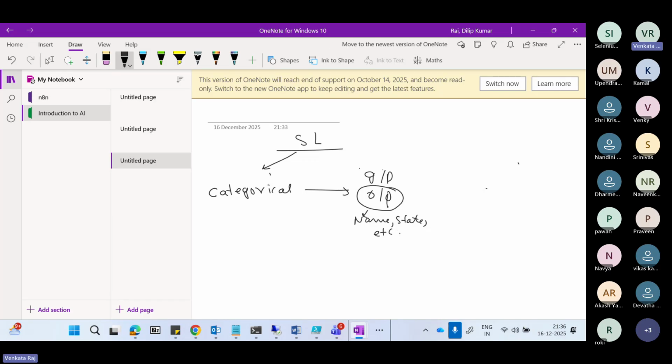One is regression, another is categorical. In regression, the output data fed to the model for finding the pattern between the input and output is numerical data. And in categorical data, you can simply see from the name itself, the output data which is fed to the model for learning or finding the pattern between the input and the output is categorical data. So this is supervised machine learning. I hope clarity is there with respect to supervised machine learning.